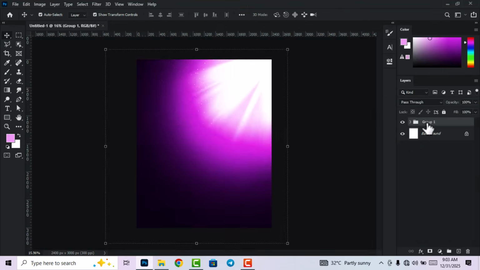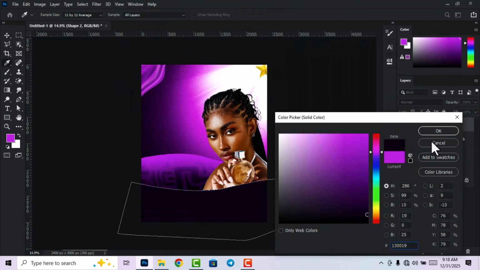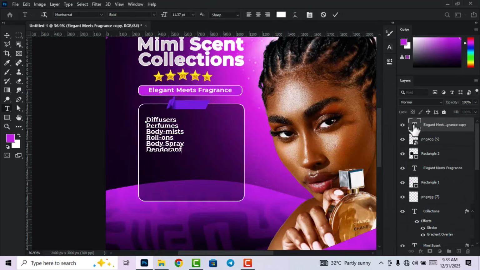In today's Photoshop tutorial, I'm going to walk you through the step-by-step process on how I designed this beautiful flyer